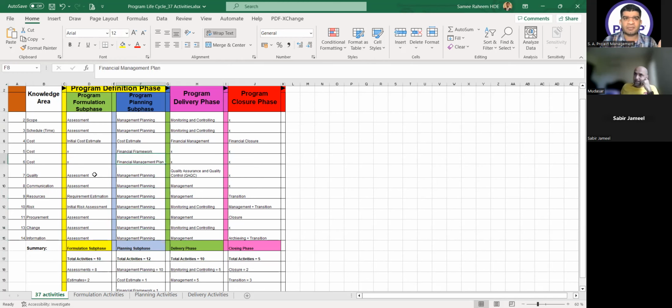Then in the planning subphase, we have 12 activities going on. The key point is management planning, in which you are doing the plans. We are doing scope management planning, we are doing schedule management planning. In the cost area, this is important because we are doing 3 activities under the cost knowledge area in the planning phase. In the cost, we are doing cost estimate, then we are making the financial framework establishment, then we make